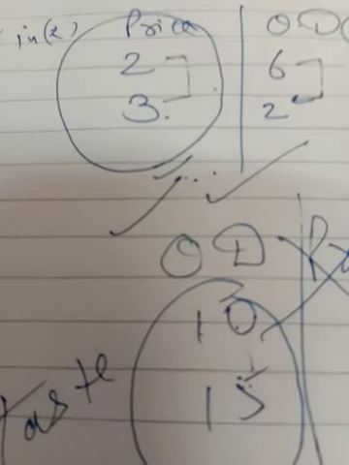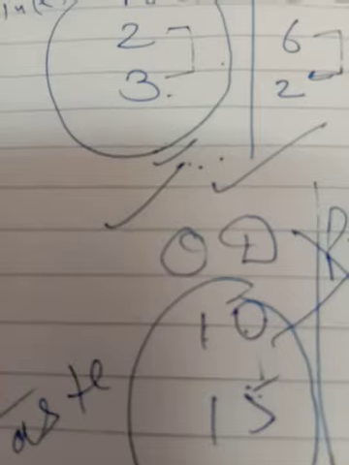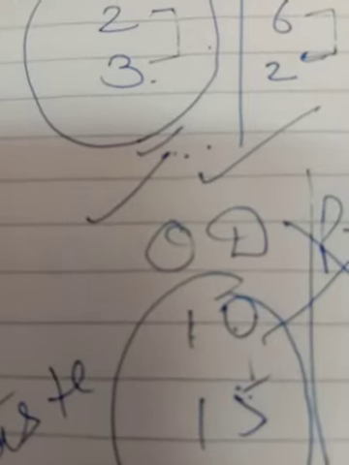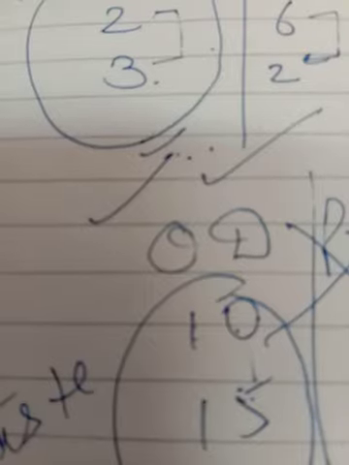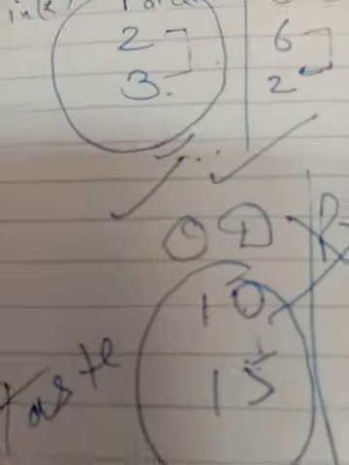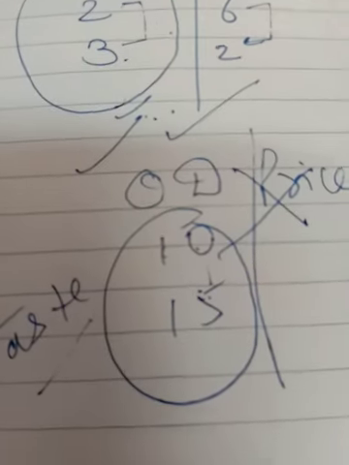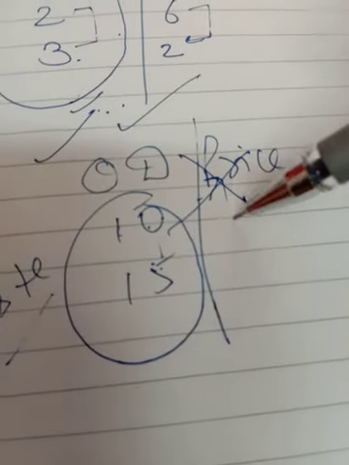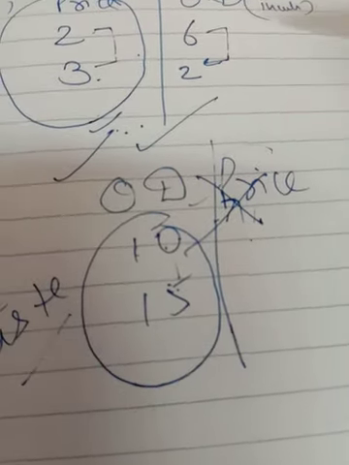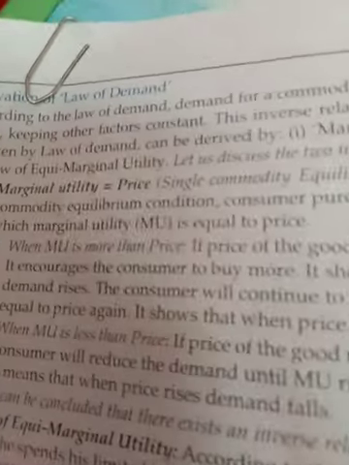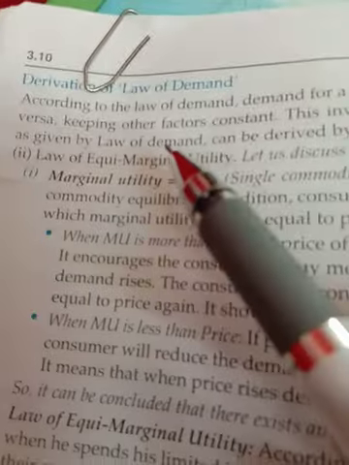People are not going out for eating, so they try to make everything at home. So the quantity demanded has changed due to taste and preference for herbal products. What is the effect on the price of these products? That is not to be discussed in the law of demand. That is why it is a one-sided effect. Right? Now the next topic is derivation of the law of demand.